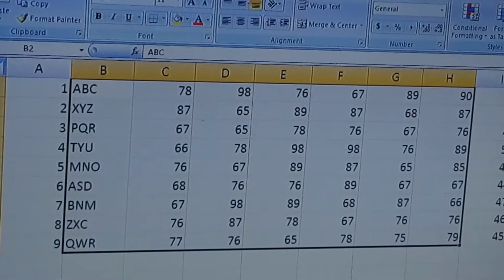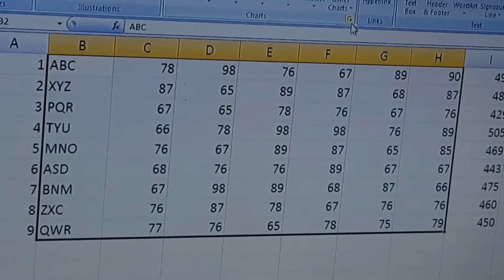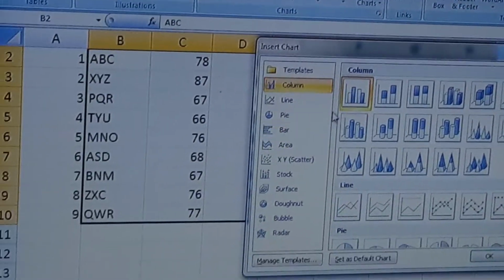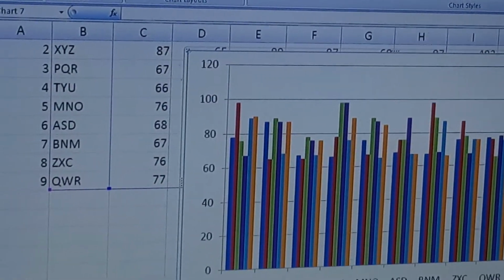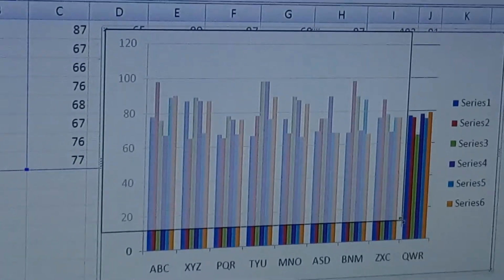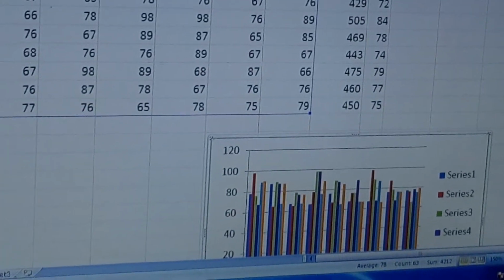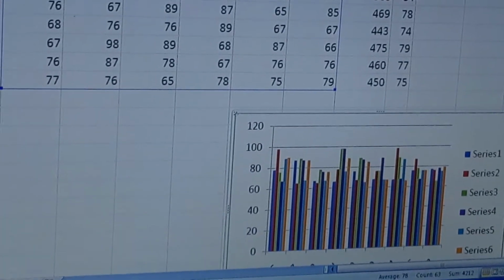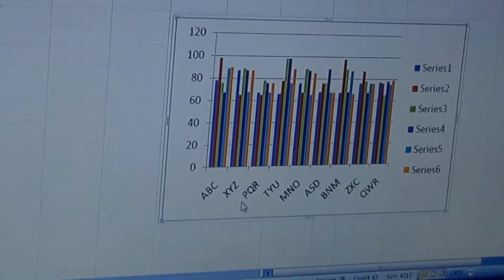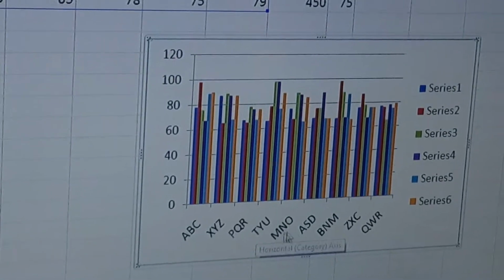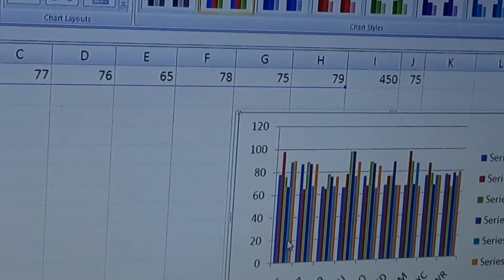Now let's see the components of the charts. Suppose I take the column chart. Now here the chart is created, and here there is a record of ABC, XYZ, PQR, TYU, MNM, etc., and their marks on the y-axis.